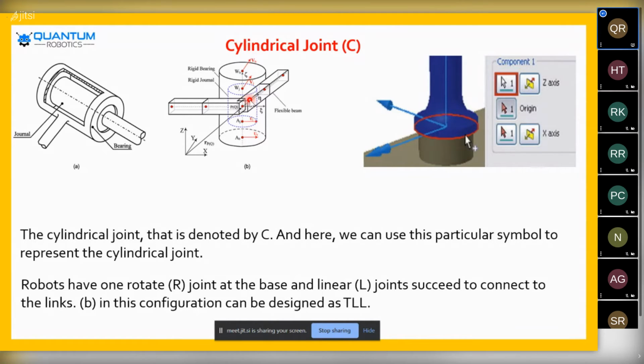the cylinder. That makes the TTL representation. That's why they have given here the TTL representation of a joint. The TTL representation means that they are going to use one link and two joints. According to that representation, the cylindrical part's axis and dimension are going to be defined here.